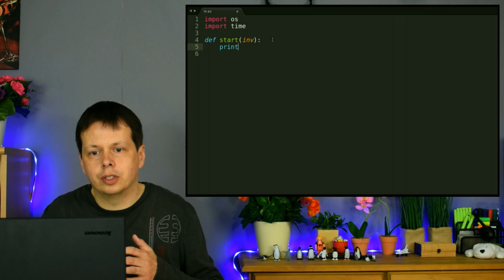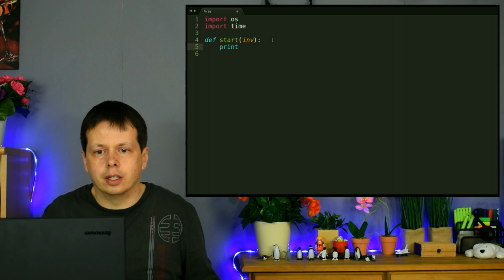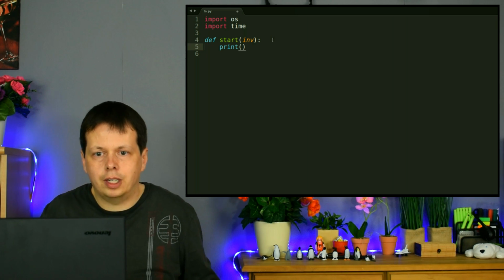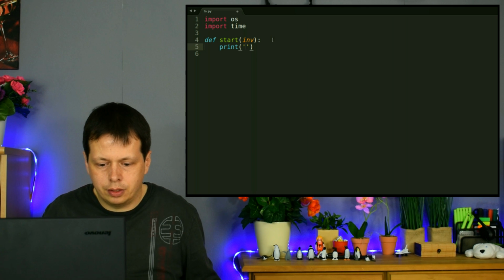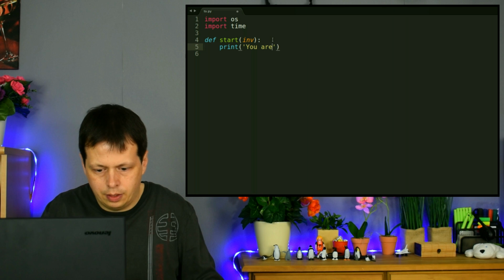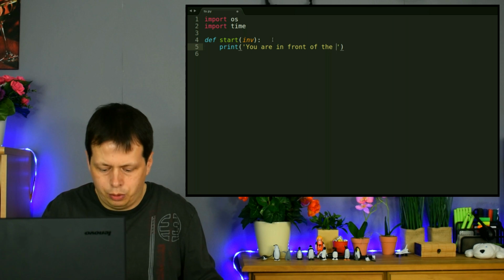So this is what you can see, the output of your program. And we have to start with brackets again and type in maybe: in front of the house,